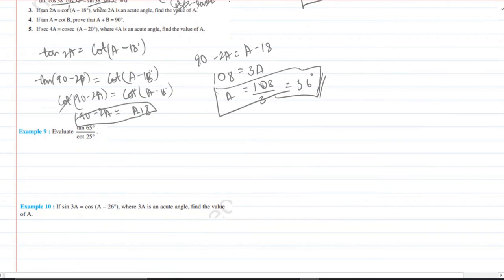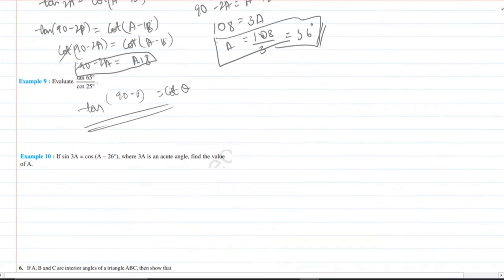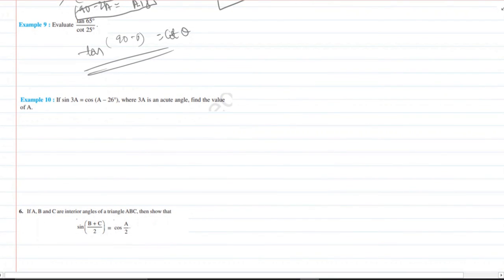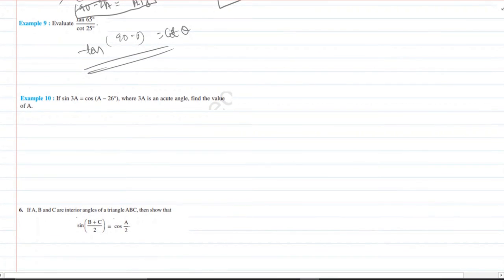And this same evaluate, you have to just make 90 minus theta. Then you'll get tan 90 minus theta is equal to cot theta. Done. You can do it any side, like cot of 90 minus theta is tan theta, and tan divided by tan of 90 minus theta. So in this same way, you should convert both the sides into same, like sine or cos.